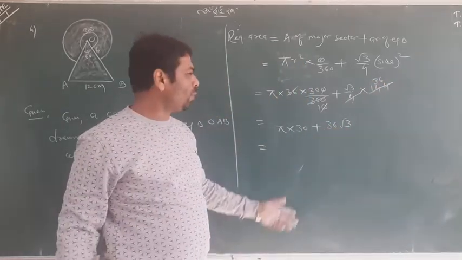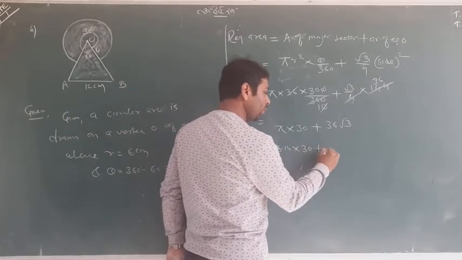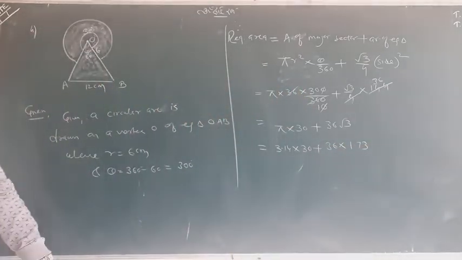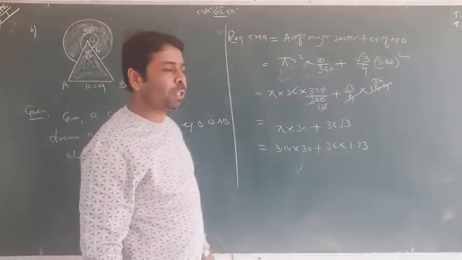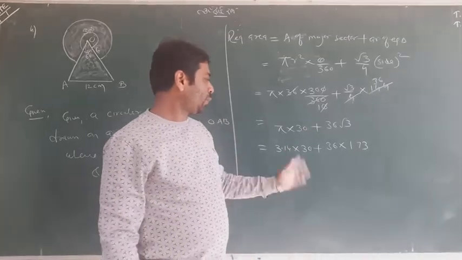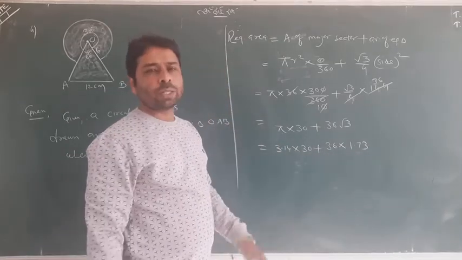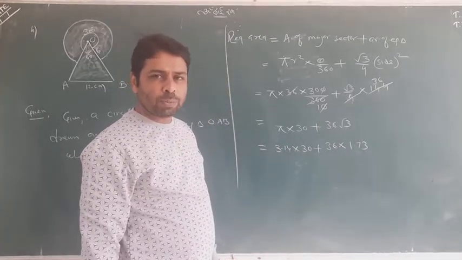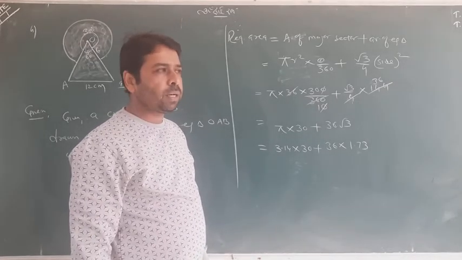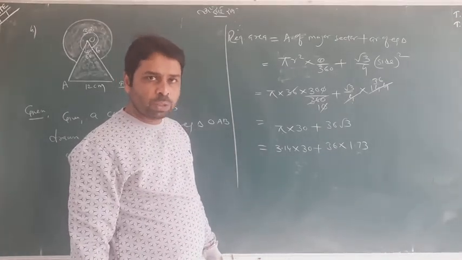This is the only formal thing remaining. Pi should be put 3.14 and root 3 can be put 1.73 if it is given. Can you see? It is not given in the book. If you remember, you can put, or if you don't remember, you can leave same as it is. Now the formality is remaining only. You can multiply and get your answer properly. So I don't want to do further this because it's simple multiplication and additions remaining. It is only time taking, and I think you can make it, student. So whatever the answer we are getting, this is square centimeter with the unit, and that is answer.